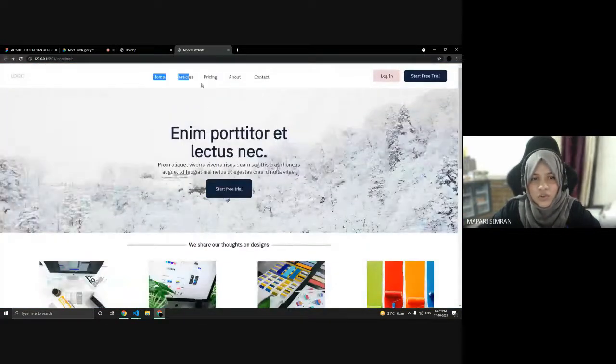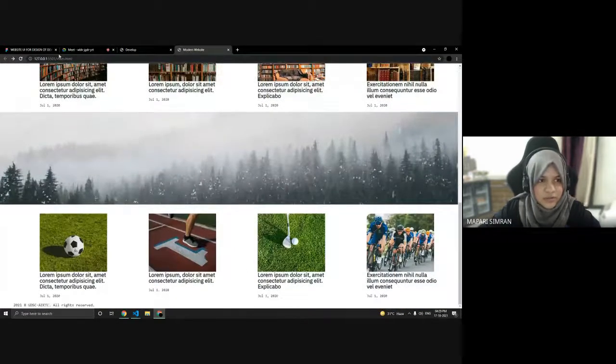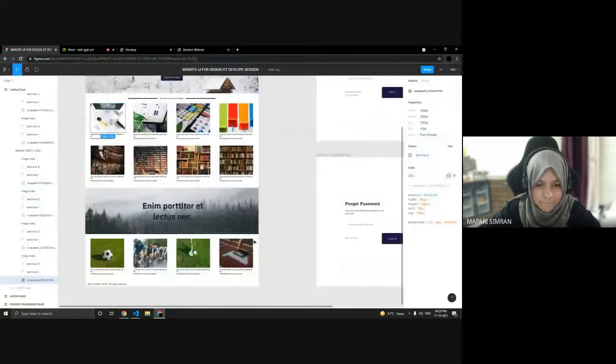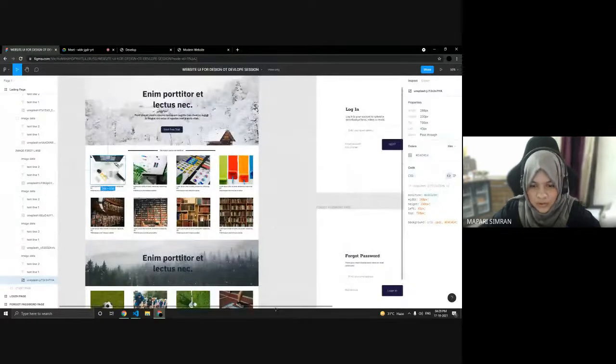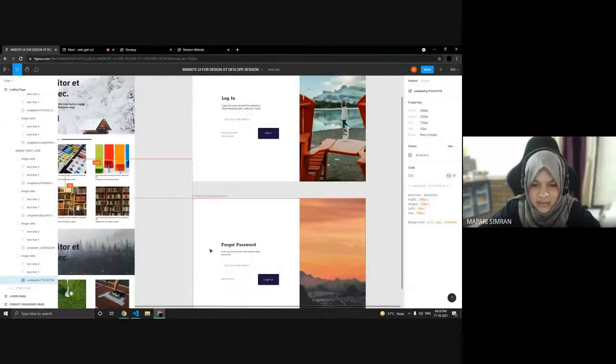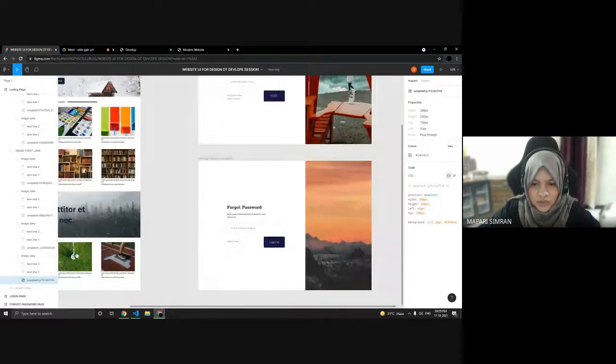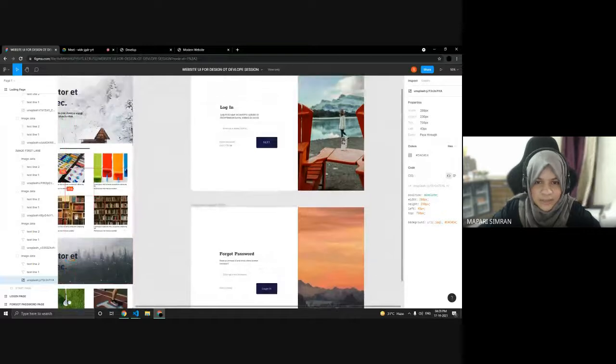Okay, so this was the development part of this design, and okay, let's discuss this login page. And this is the forget password page. So what you can do for this,